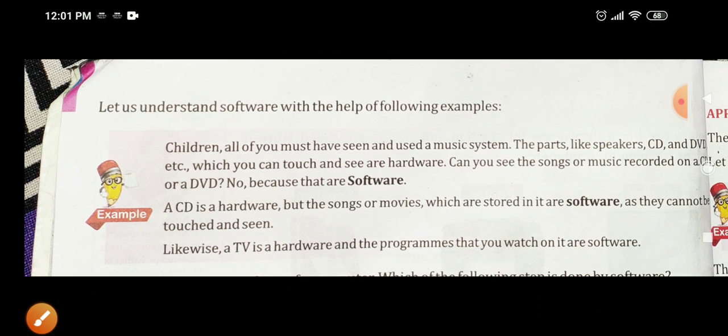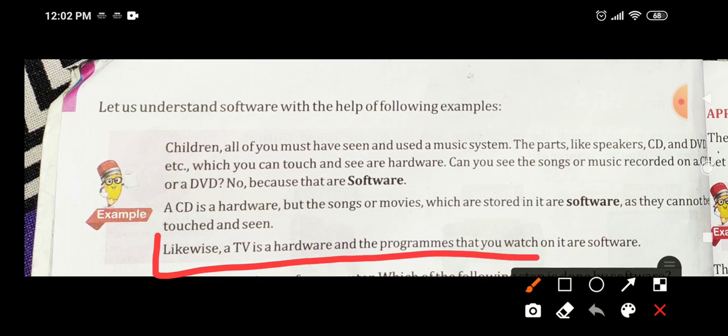Next, let us understand software with the example. Children, all of you must have seen the same example they are giving: the music system we can touch, but the songs playing in the music system we cannot touch. And also one more example they have given, the example of TV.